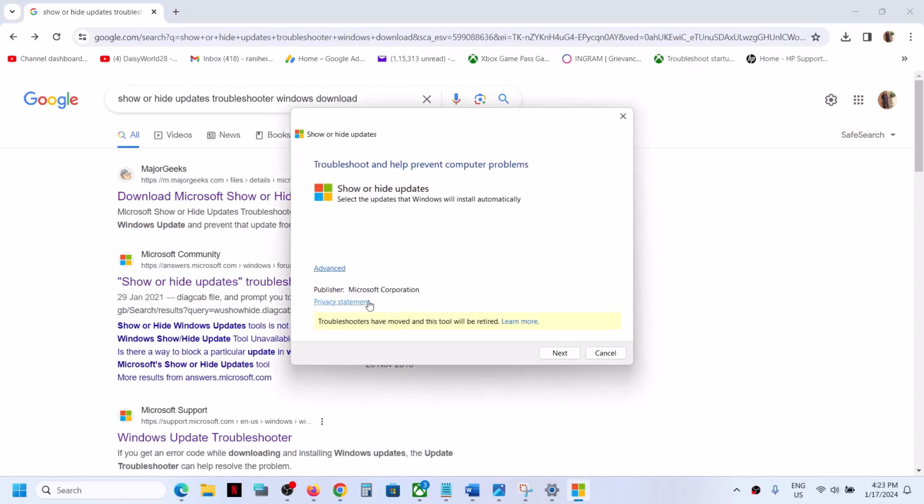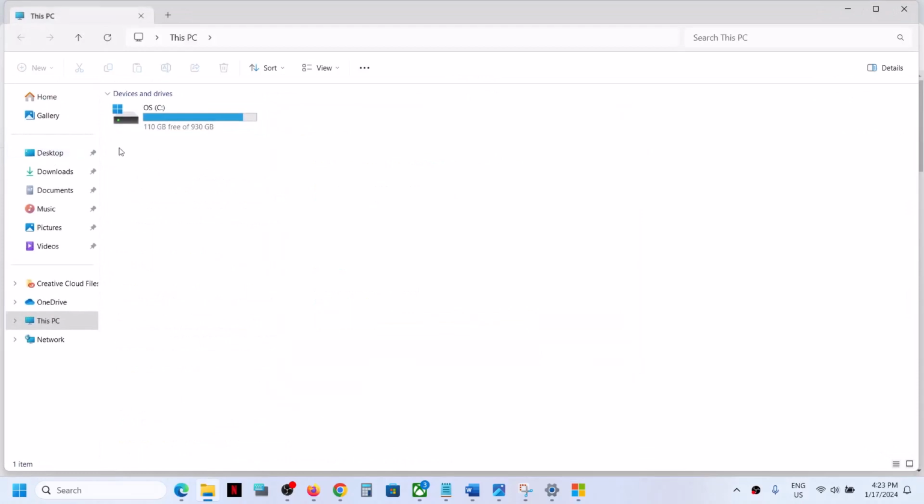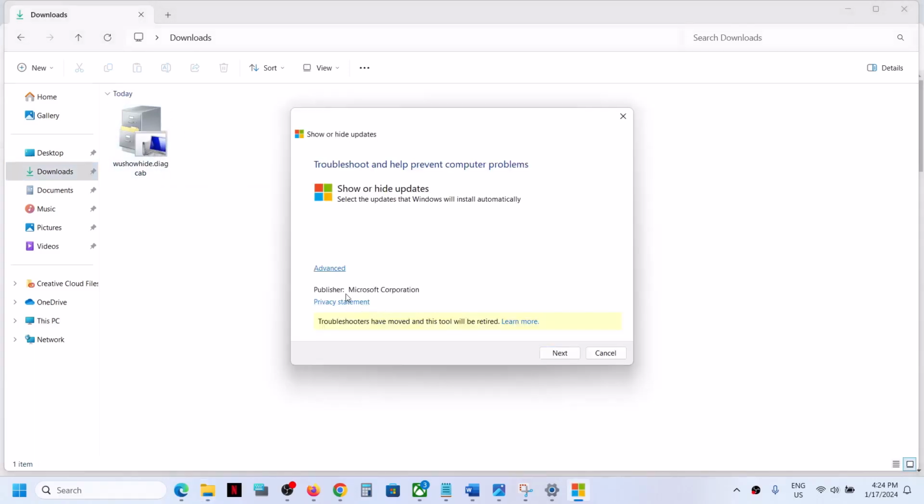Now once you download this show and hide troubleshooter from Microsoft website, you can run this file. So you can go to downloads. You have to download it from third-party website or maybe from Microsoft website if this is available. Once you find it, download it. You can double click and then run this, and here you can see it is from Microsoft Corporation. So here you can see show or hide updates. Now click on next